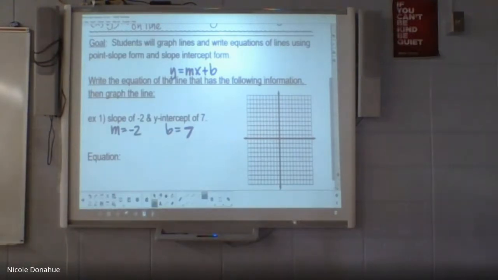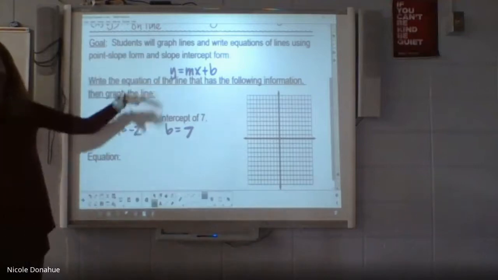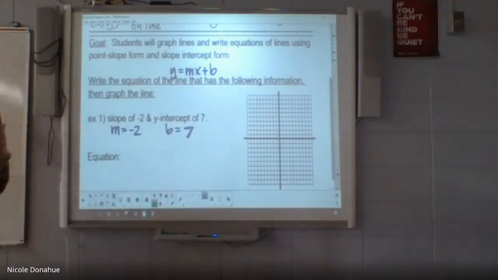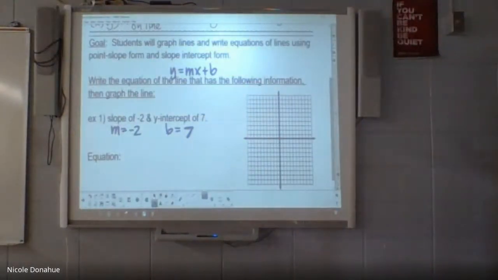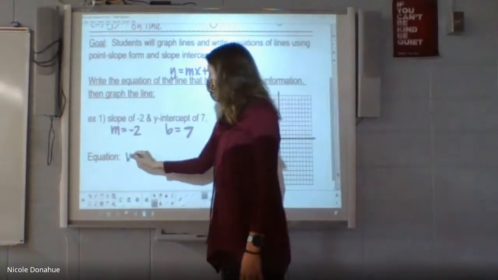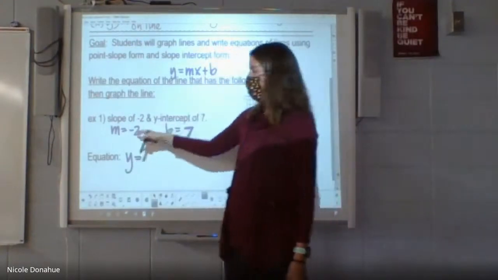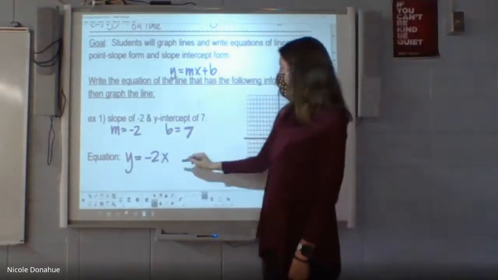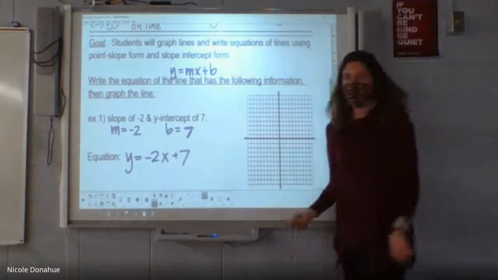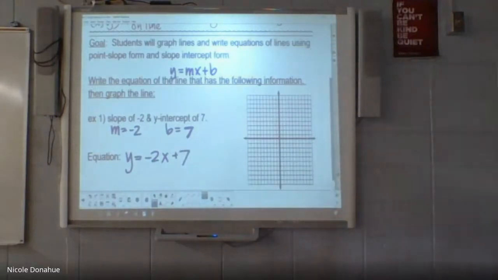So if I want to write that equation now, I have M and B, so I can put those values into the equation. I'm ready to write that equation, because the x and y's are a lot of things. There are infinite x's and y's for this equation. So I'm going to write it as y equals, M is -2, so I'm going to put that in front of x, it's being multiplied by x, and then plus b, so plus 7. So it's that easy when I know both of those pieces of information. Obviously, it's not always that easy because they won't always tell you those two things.